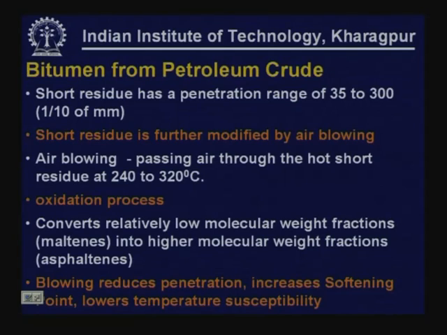The short residue, as we indicated in the previous slide, is normally further processed or modified by air blowing. Air blowing is the process of passing air through the hot short residue at about 240 to 320 degrees centigrade. What happens in blowing is normally an oxidation process. The oxidation converts the relatively low molecular weight fractions called maltenes into higher molecular weight fractions known as asphaltenes. Blowing normally reduces the penetration,